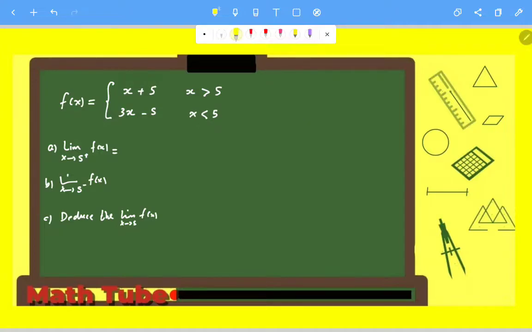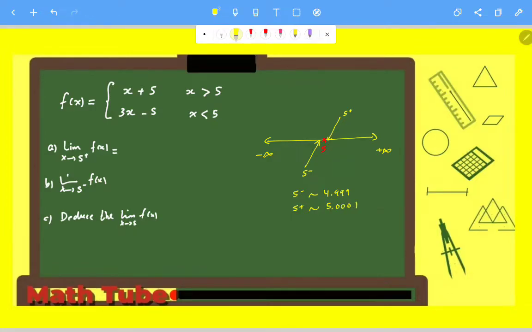So I'm going to use the real line, so negative infinity to plus infinity. And I'll suppose that 5 is located here. 5 minus is a number that's slightly less than 5. 5 plus is a number that is slightly bigger than 5. As an example, 5 minus is close to 4.99 something. And 5 plus can be, let's say,